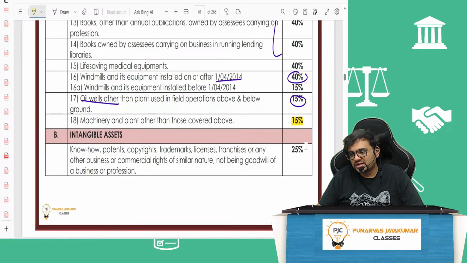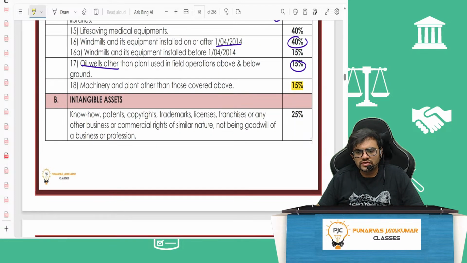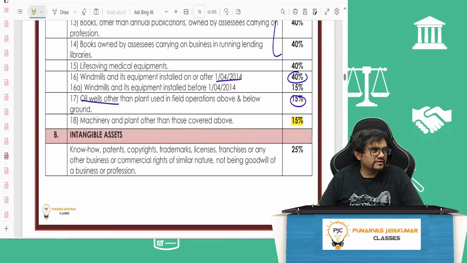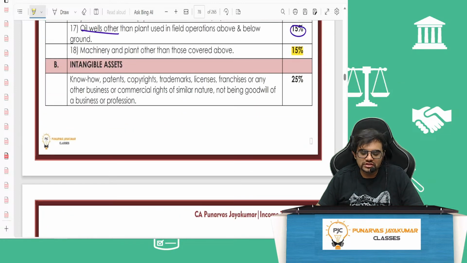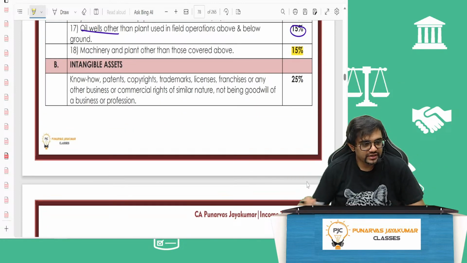Deductions under chapter 6A. For November 23, because of the changes in the law with respect to the alternate tax regime, definitely you will get questions on the old regime. You will get questions on chapter 6A, which is normal deductions, all those things. So everything is important. In the last 2-3 attempts, if you see the DT paper, it is very tricky. They are asking tricky ones. So you need to be ready for anything. If you have studied the right way, whatever they give, it will become very easy. So nothing to worry. Of course, MCQ is also there, which you can definitely solve.